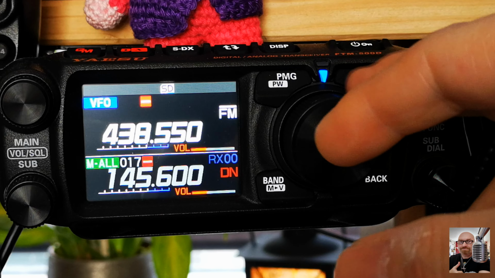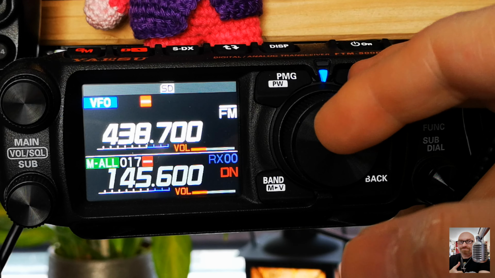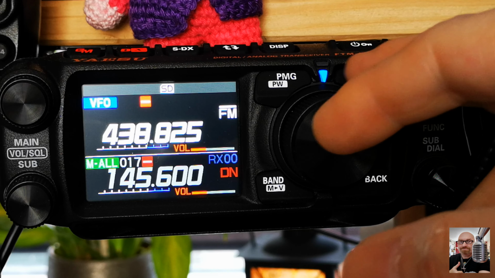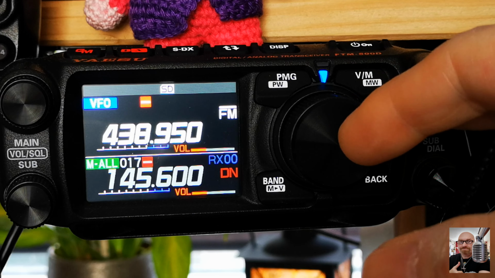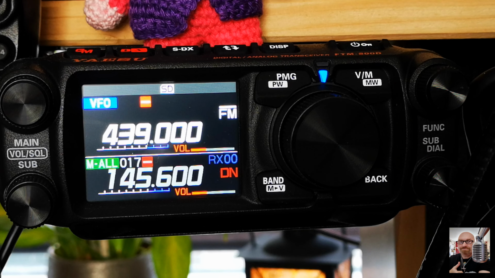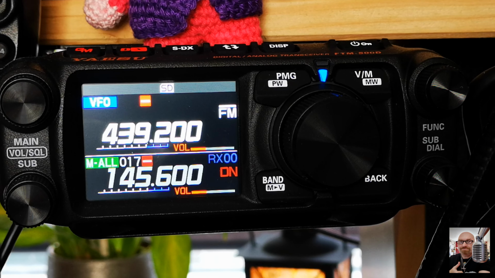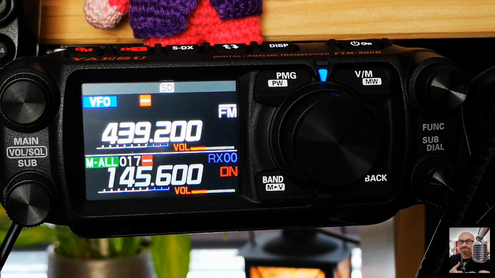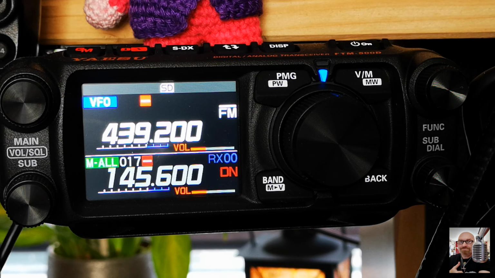That is in this case 7.60. Okay? Yeah, here you can see my frequency for my nearby repeater, and there is no repeater subtone, and therefore